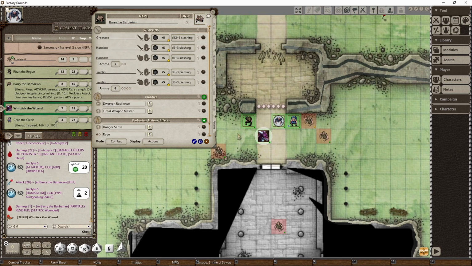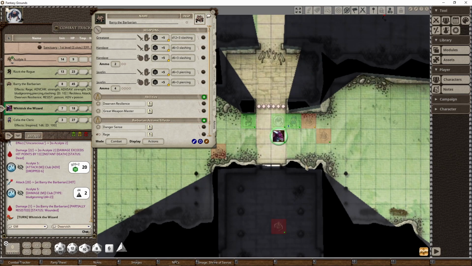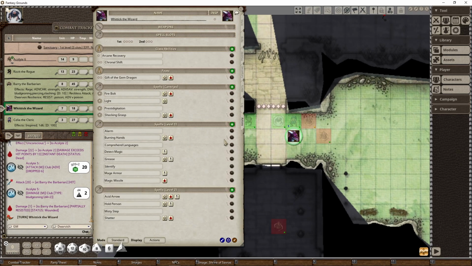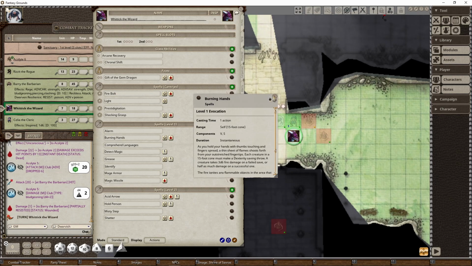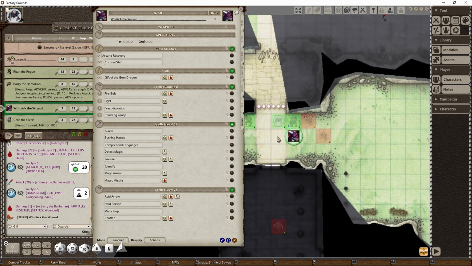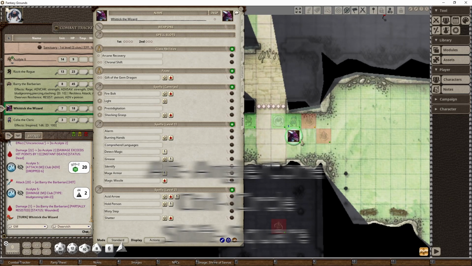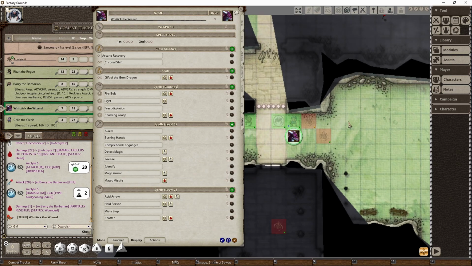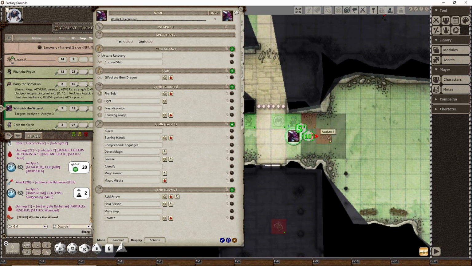Now Wittick is tired of all these acolytes already, so he's going to move over just a little bit. And he's got a very nice spell in the form of Burning Hands. Now, Burning Hands is a 15-foot cone. So what we can do is we can hold Alt, then right and left click at the same time to draw out a 15-foot cone. And I'd say that very obviously hits both of these acolytes. So we can right and left click just once to get rid of that little angle. Now we control click to target both of these